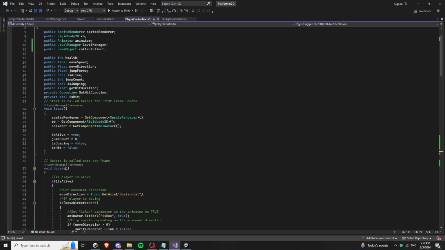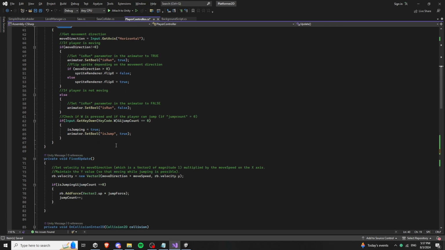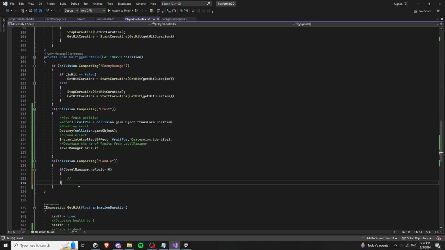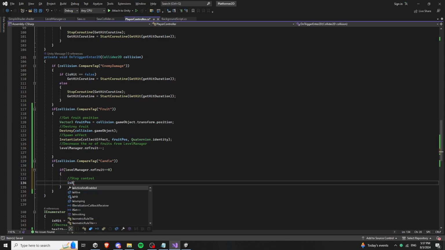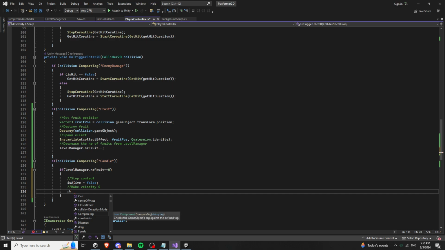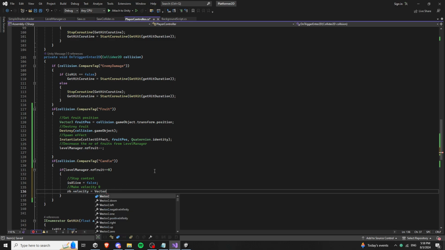See here in update, we make this is alive false, so it doesn't enter this condition. So stop control, is alive equal false. Then if the player is moving, it has a velocity, and we need to stop this. Make velocity 0. Is it body.velocity is vector2 0,